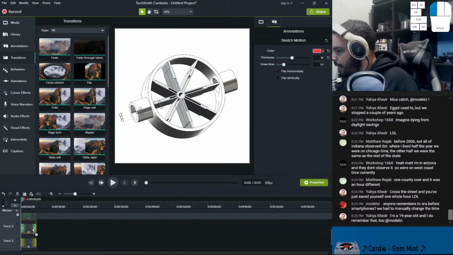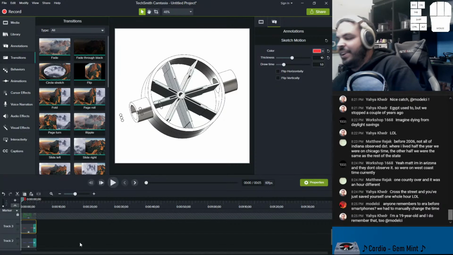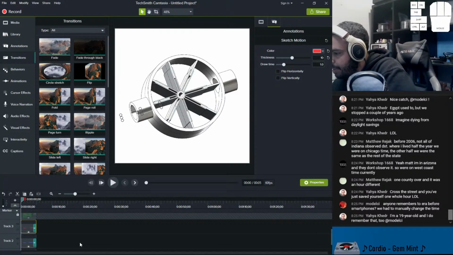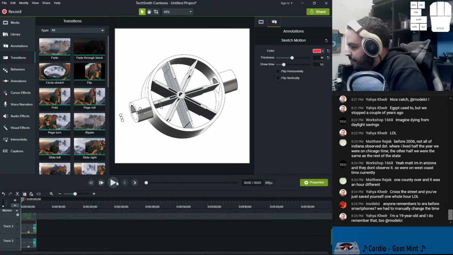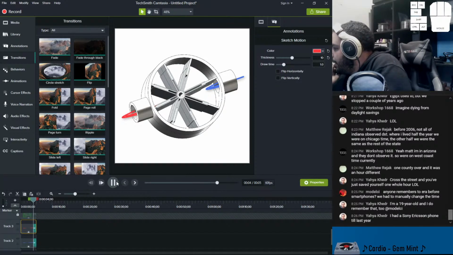we can do a fade on the arrow. Across the street, and you've saved yourself 1 whole hour. Time travel, friends. Anyone remember the era before smartphones? We had to manually change the time. I'm a 19-year-old and I do remember that. Yeah, I remember my teachers doing it, when I was like,